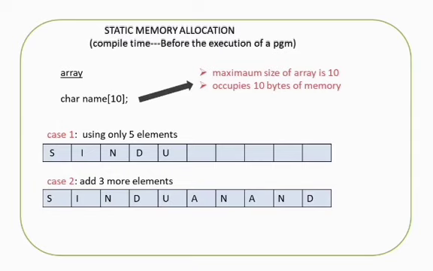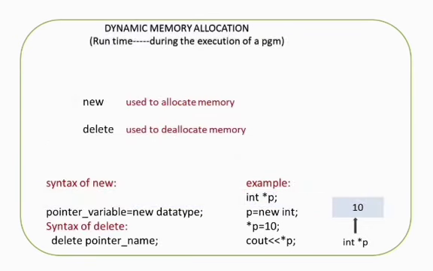So for avoiding such problems, we allocate the memory at runtime. That is, during the program execution, we are allocating the memory. So at runtime, whatever memory we need will be allocated. Okay. Many times we don't know how much memory we will need to store information. That is, the size of the memory can be determined at runtime only. This type of allocation is called dynamic memory allocation. This dynamic memory allocation is done by using a keyword called new. So, the new keyword is used to allocate the memory at runtime.